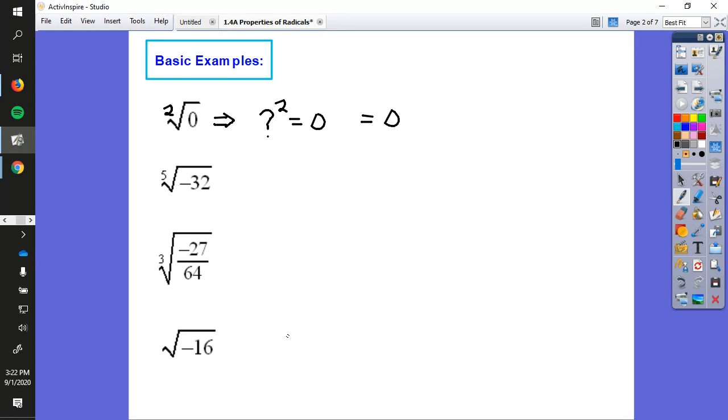If we do the fifth root of negative 32, the first thing we want to do is go, wait a minute, can I even do this? Is it real or not? If the index is odd, we're good to go. All that means, the fifth root of negative 32 means my answer is going to be negative. Now I'm done with the negative. Don't worry about it. And then what we'll do to figure out the fifth root of 32 is break down